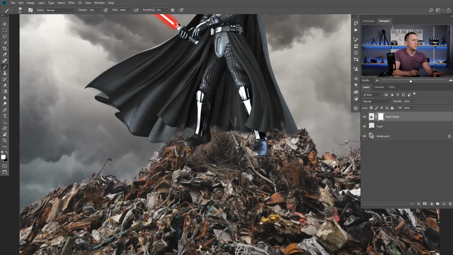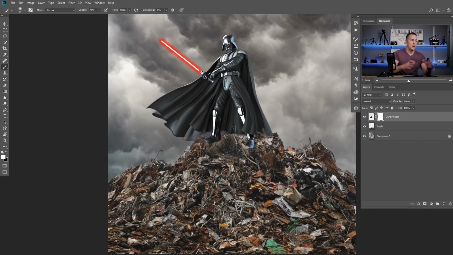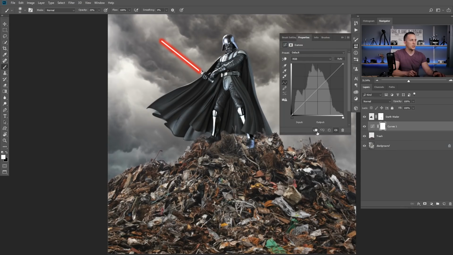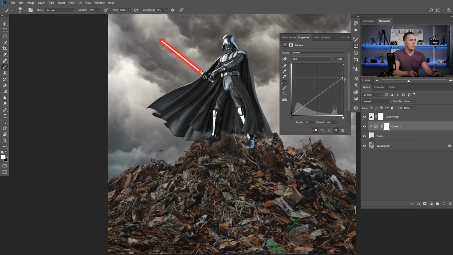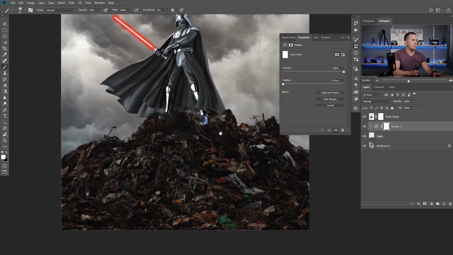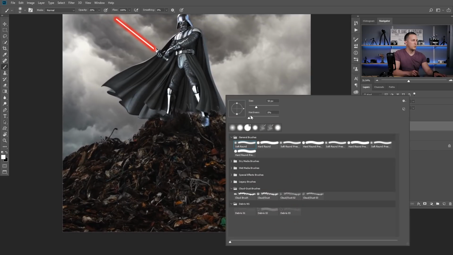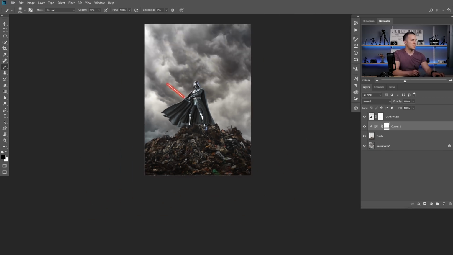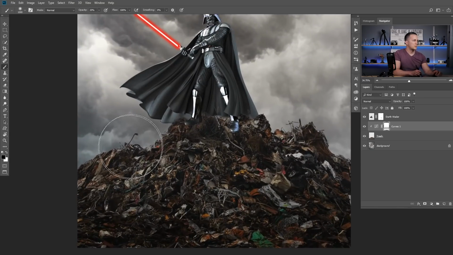We need to make this part of the trash darker because now it's in the shadow, and we will do that right away. So let's create one curves adjustment layer above the trash, clip it to affect only the trash, and move the highlights down and move everything down like this. And now we can play with the mask. So I will hide this. I will use a really soft brush. I can leave 20% opacity for now, black color, and just paint here a few times like this. Let's zoom this a little bit. That's cool, and